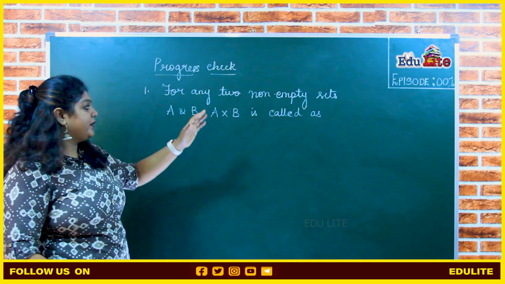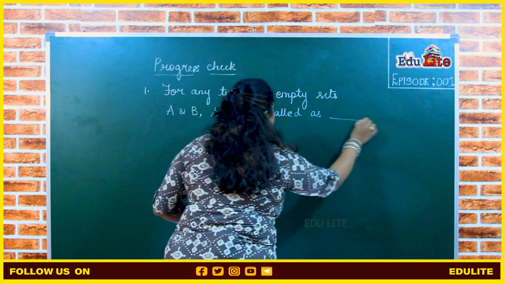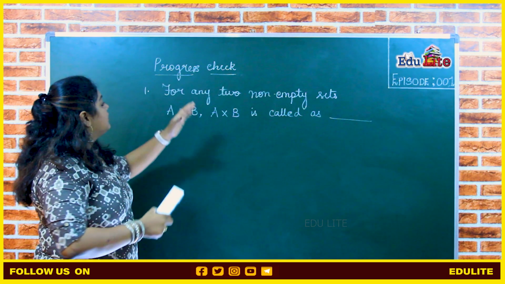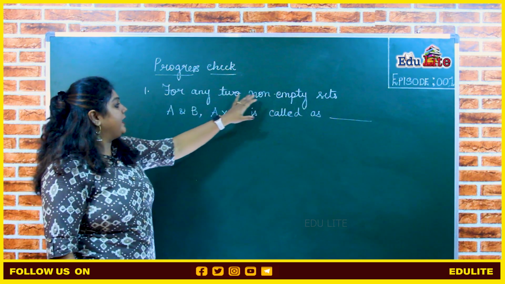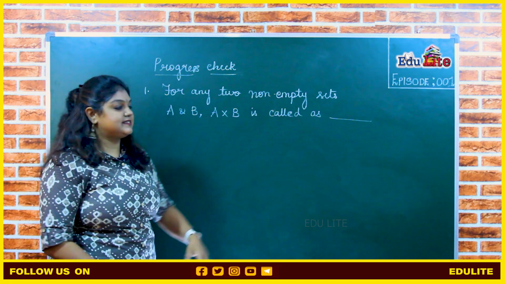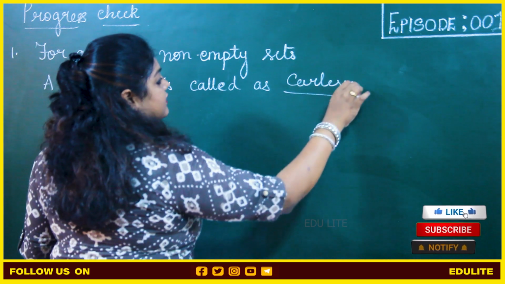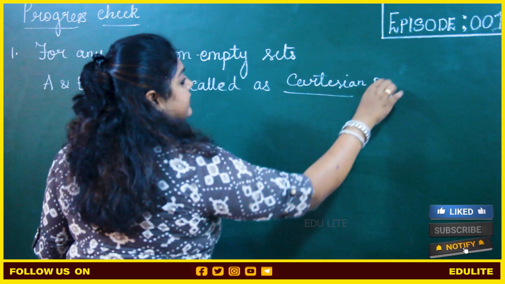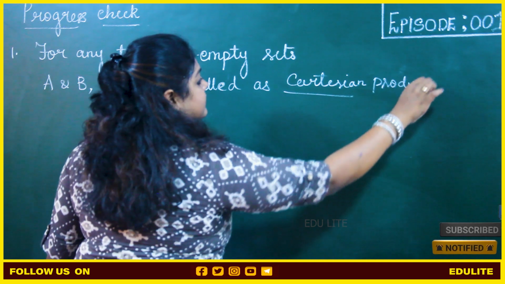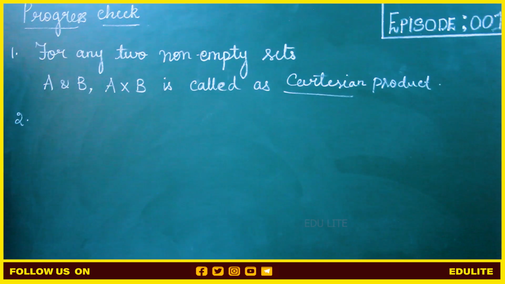So while writing the question itself, many would have guessed what the answer will be. I'll read the question for you. For any two non-empty sets A and B, A cross B is called the Cartesian product, which we now saw the definition of. And the second problem under progress check is